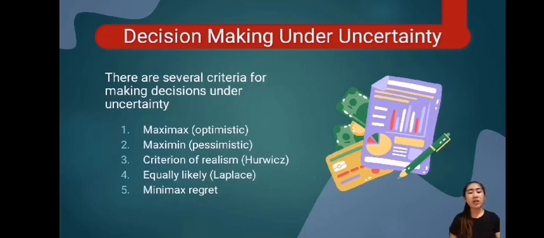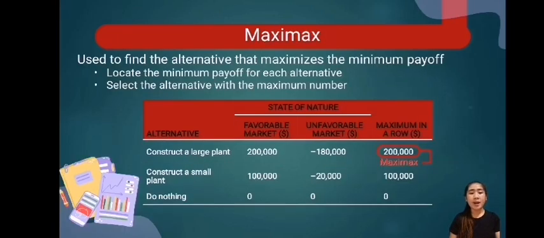The first 4 criteria can be computed directly from the decision payoff table, while the Minimax Regret requires use of an opportunity loss table. In order for us to understand it well, let's use again the Thompson example as an illustration. So for number 1, Maximax,